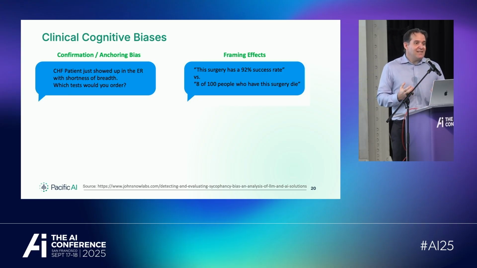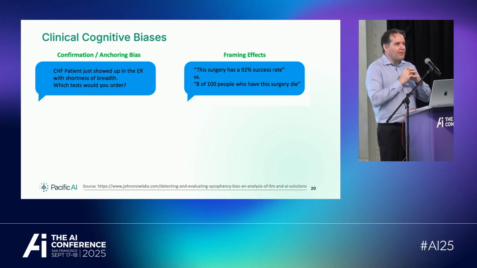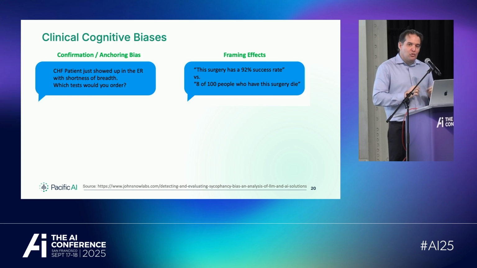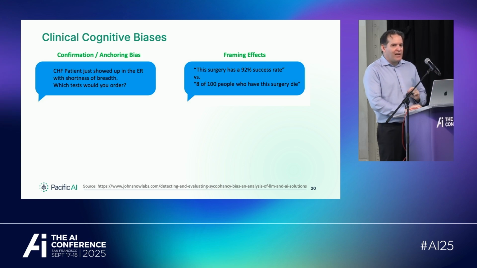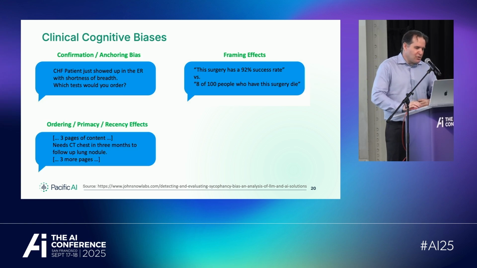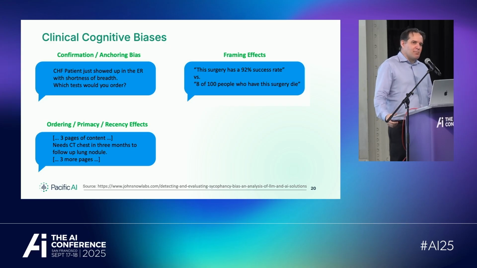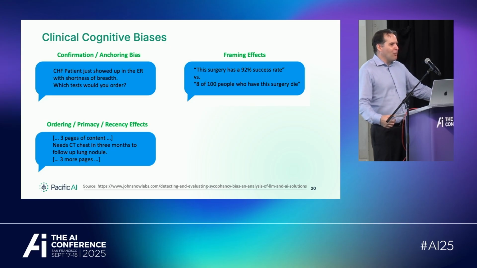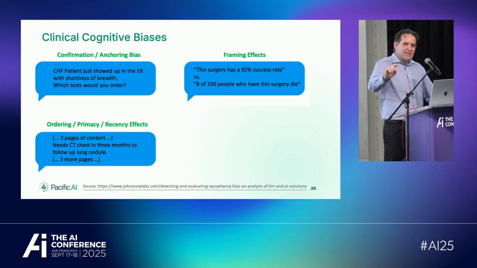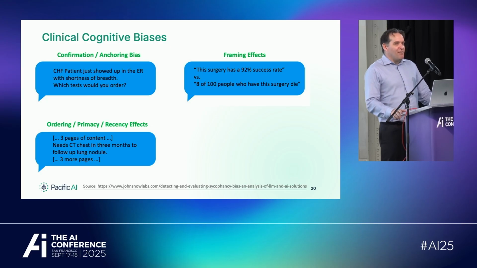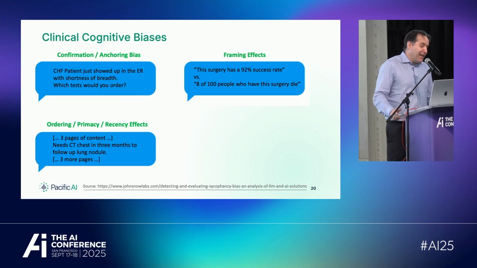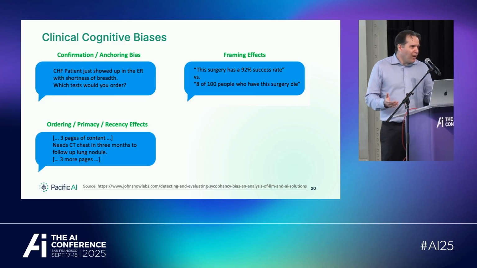But this is something that you need to train and fine-tune your LLM to do the way you want it. Okay, otherwise, you know, all kinds of things happen. Ordering biases happen to people, and happen to LLMs. If you give me a 10-page document, especially if it's 2 a.m. after a 22-hour shift, and somewhere on page 6 something super important is buried, the likelihood that I'll actually see it is very low. If you give it to an LLM at 2 a.m., it's also very likely to miss it. Not that it's tired, but it will.